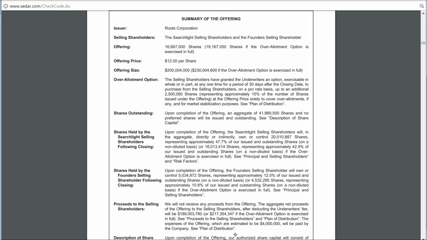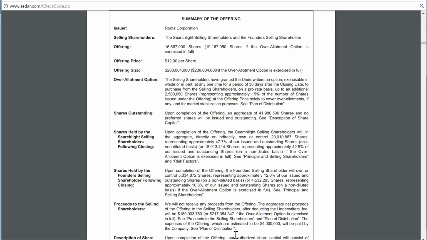Now, if the price doesn't fall below 12, or there doesn't need to be this downside protection at the offering price, let's say it goes from 12 all the way up to 15, and there's really no downward pressure, then the over allotment option will be utilized and exercised. They've already sold an additional 15% on top of the authorized shares, and there's no need to go and close out a short position. There's an additional 15% sold within the market, and there's no stabilization there. So the over allotment option would have been utilized in that case. That's the over allotment option, commonly referred to as a Greenshoe option.